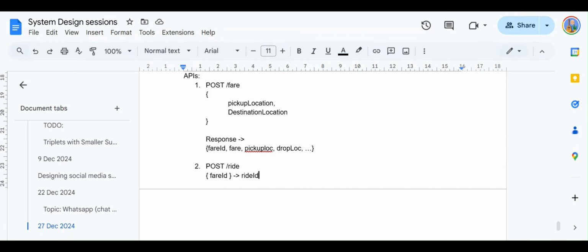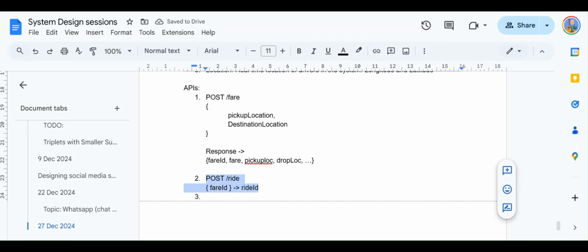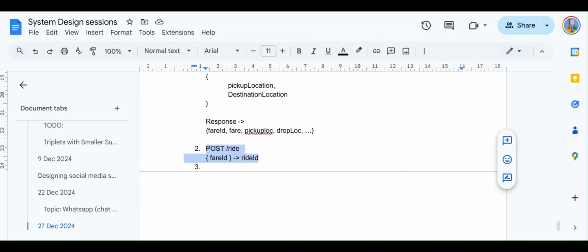The next API that we have is, what happens when the user requests the ride? The request goes to the driver. There's a ride matching algorithm that we have in the backend, and this request is sent to the driver, and now the driver has the responsibility to accept it or deny it, right? So we'll come to that. For that, we can have a patch command.